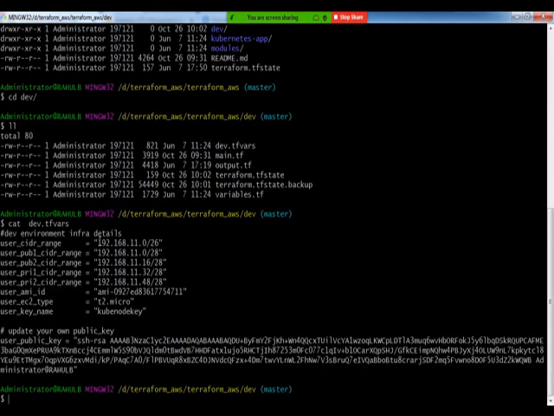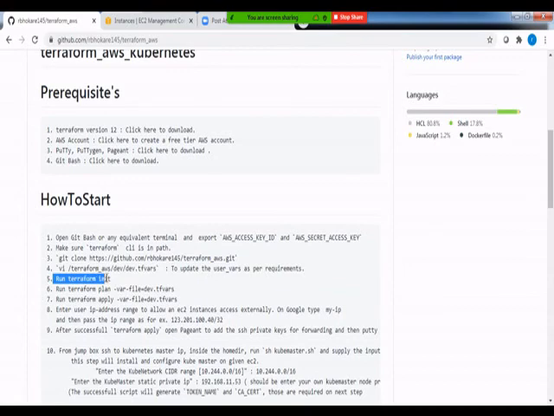But if you want to change the CIDR range that your VPC or subnet will have, for example your user public key, feel free to make changes over here and then save this file. The next step is run Terraform init, right?